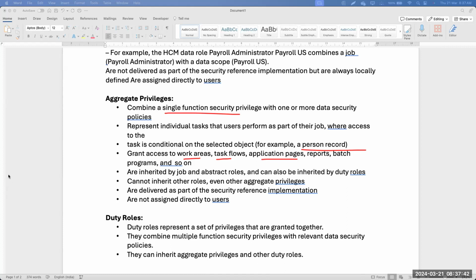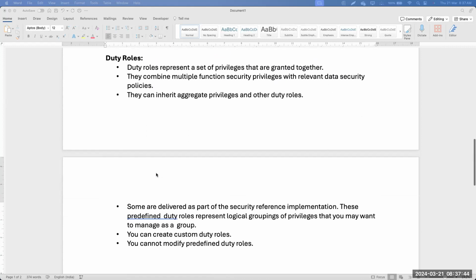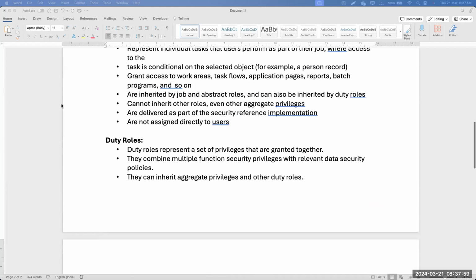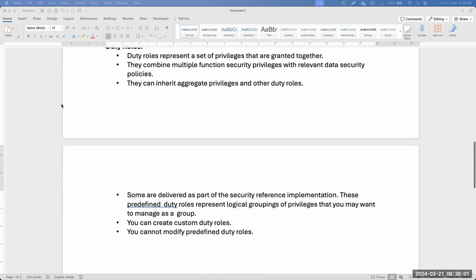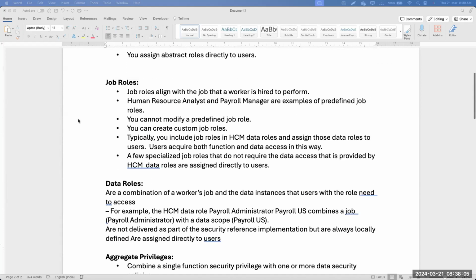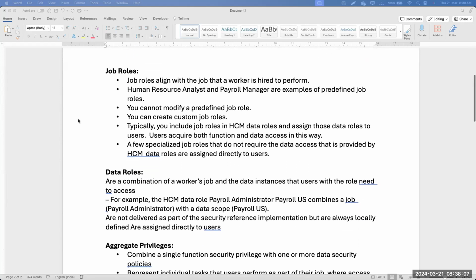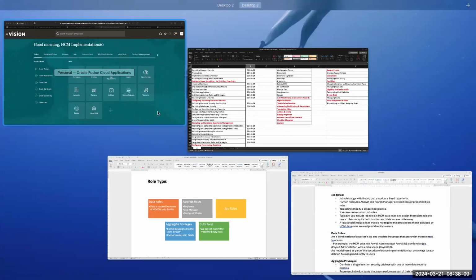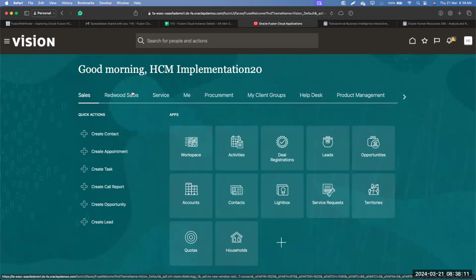Next we have duty roles. What is a duty role? A duty role represents a set of privileges that are granted together. They combine multiple functional security policies and things like that. Let's not worry too much about the duty roles and the aggregate privileges for now. We'll get into that once you get good control of the abstract, job, and data roles. So these are the three different roles we have. First